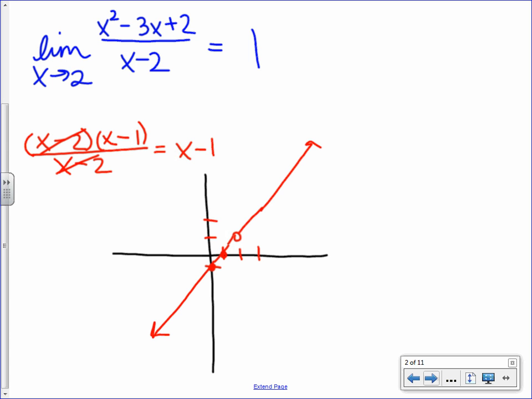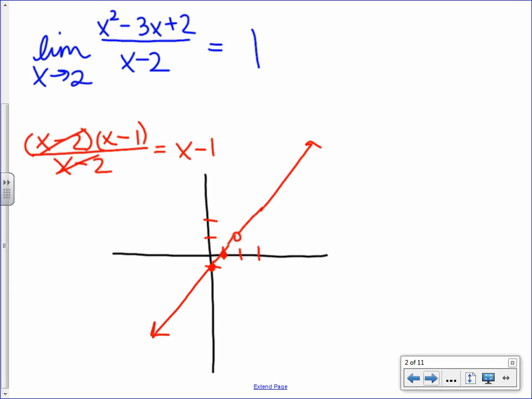Okay, so here's our graph. Does everybody agree? Okay, so visually, if we trace along our function, as our x values get close to 2, we are approaching this hole, which has a y value of 1. So the limit as x approaches 1